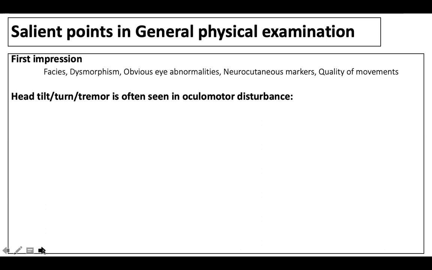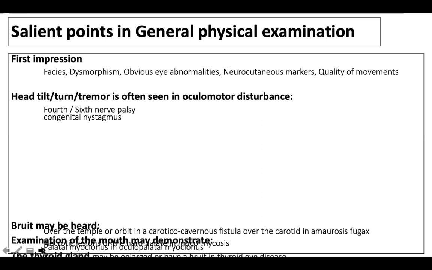Okay, in a case of a trochlear nerve palsy, for example, if there is a left trochlear nerve palsy, there is a head tilt always to the right side. It will be like a torticollis towards the right side. So if there is a congenital tilt, for example, you may have some degree of retrocollis with bilateral sixth nerve palsies. Similarly, congenital nystagmus children, in addition to having nystagmus, can also have some degree of head tremor. So these are the points that you can observe while you are having a general physical examination.